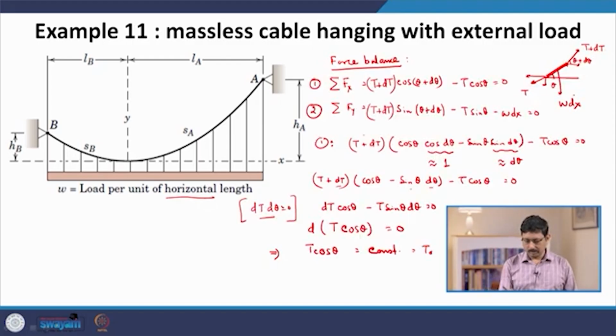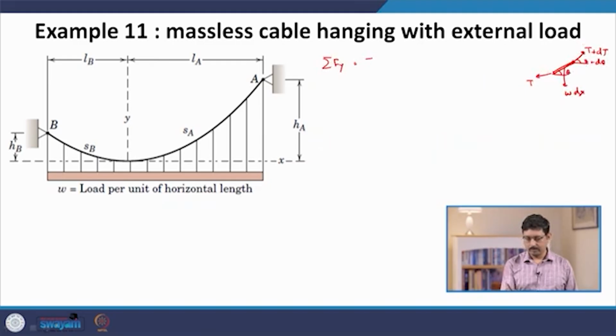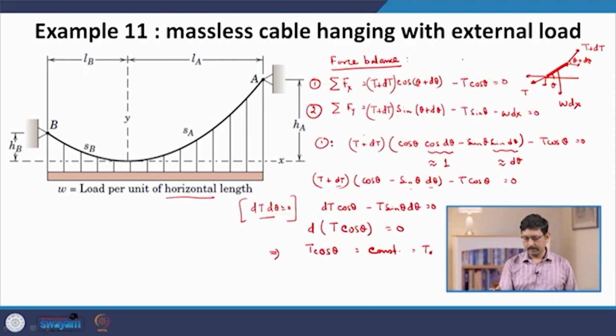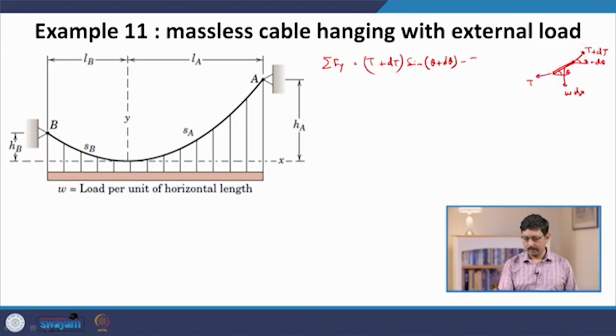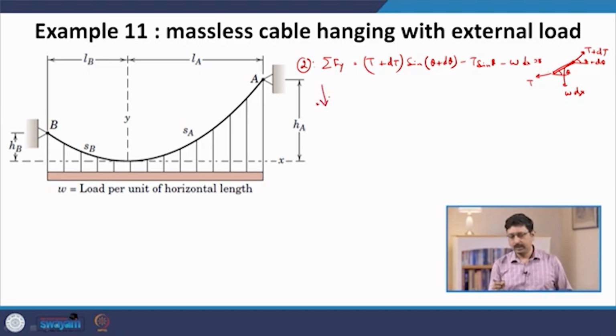Now, what we had is (T plus dT) sin(theta plus d theta) minus T sin theta minus W dx is equal to 0. That was equation 2. Now, in a similar way, if you expand this sin(theta plus d theta)